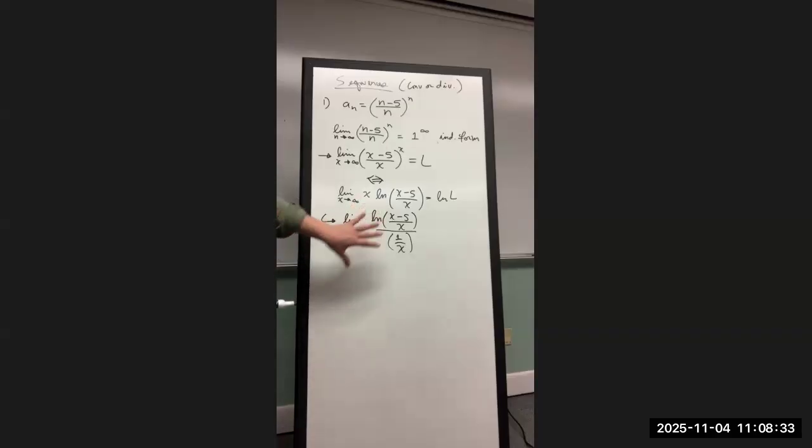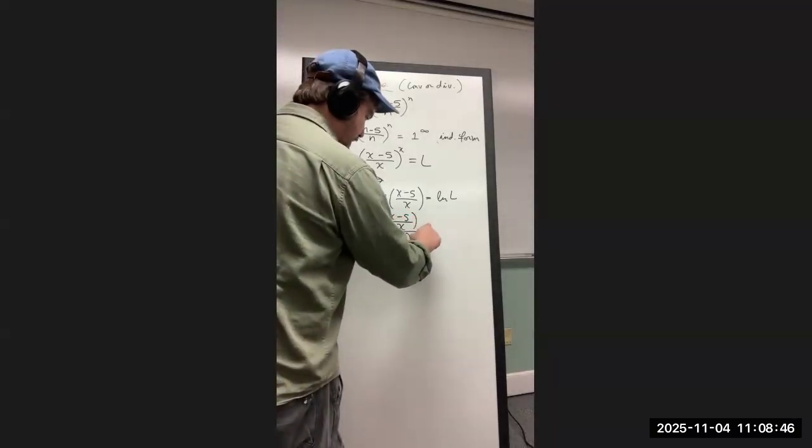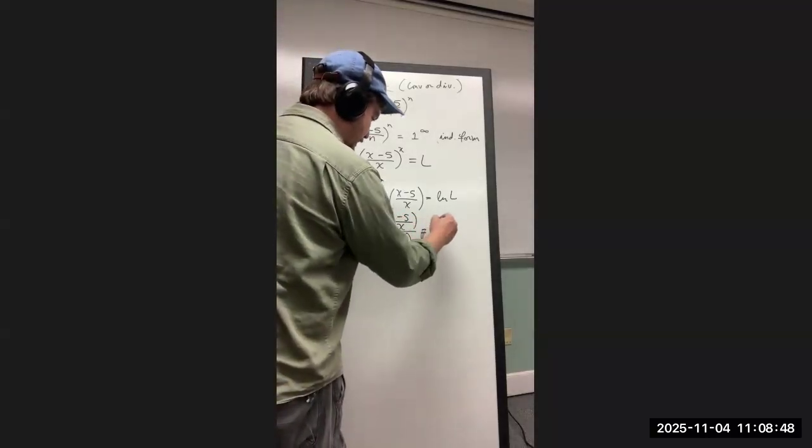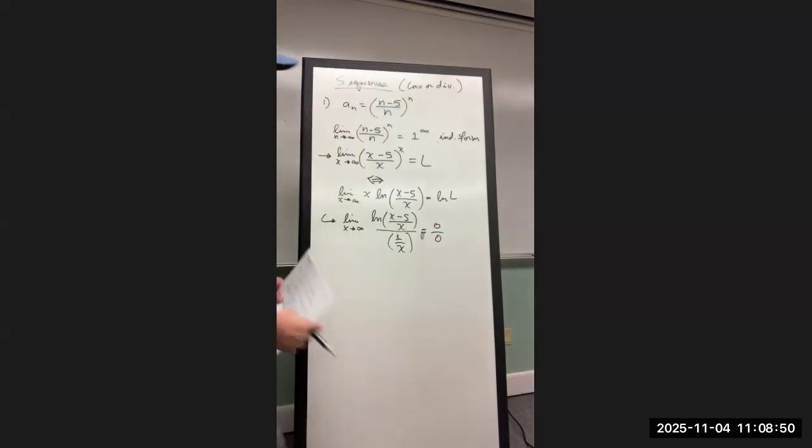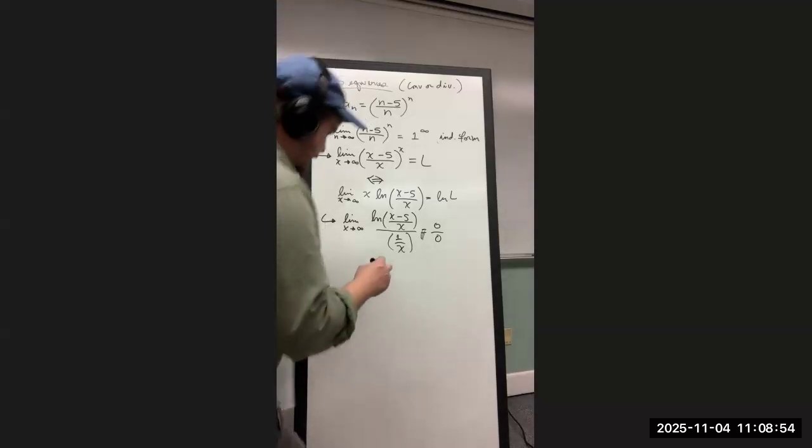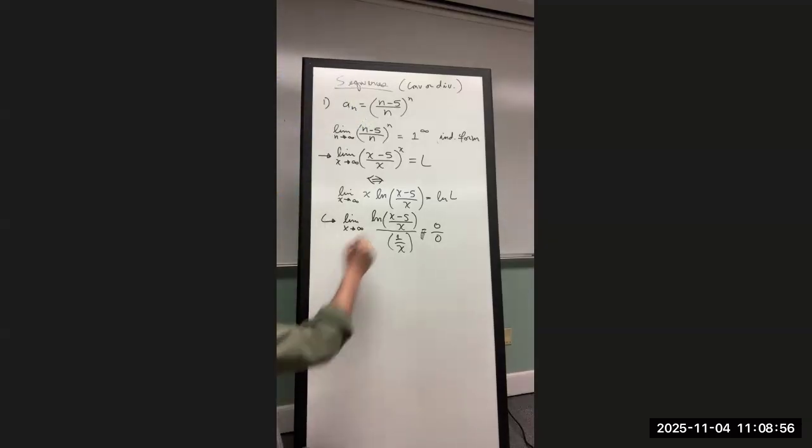Yep. All right, so now we have a rational function, and if we look at the limit at infinity, we're going to get the natural log of 1, which is 0, over 1 over infinity, which is 0. So that's a 0 over 0, which we know is an indeterminate form. And this is one of the classic ones, which we can apply L'Hopital's rule to directly. So that thing should be equal to, by L'Hopital's rule,